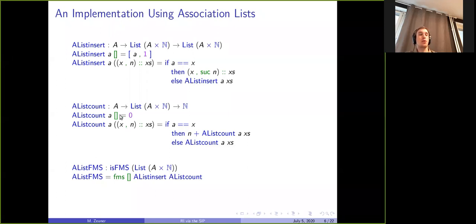And we're a bit more thoughtful about the insert function, which means we traverse the list. If we want to insert a and we encounter an equal element, we raise the multiplicity. Otherwise, we just go further down the list. And then if we count the multiplicities, we just add them as we go along.